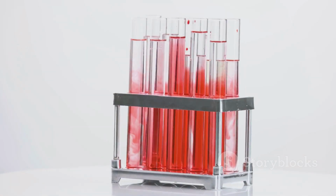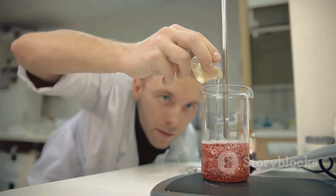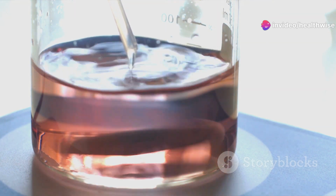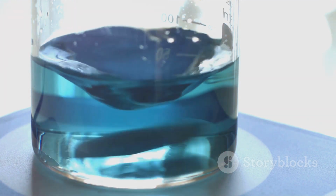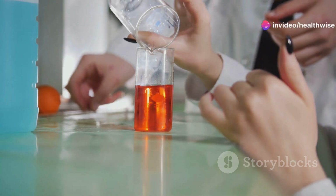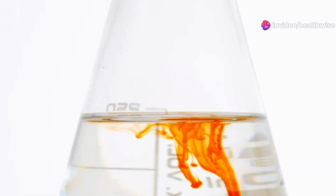First, you'll need to prepare the Pyrogallol red dye reagent. Dissolve 10 milligrams of disodium molybdate, 5.9 g of succinic acid, 134 milligrams of sodium oxalate, and 430 milligrams of sodium benzoate in about 800 milliliters of distilled water. Add 25 milligrams of Pyrogallol red dye and mix until it's completely dissolved. Top it up to 1 liter and store it in an amber bottle at 2 to 8 degrees Celsius for